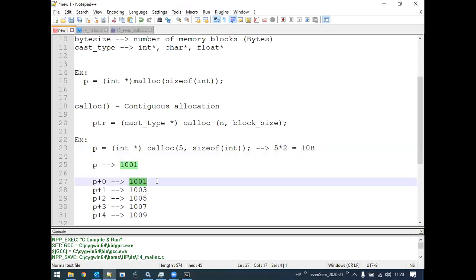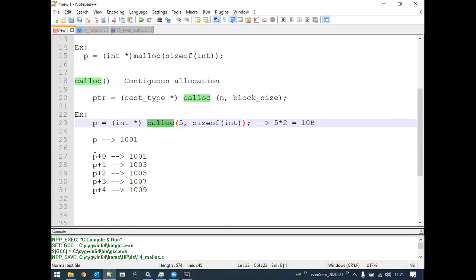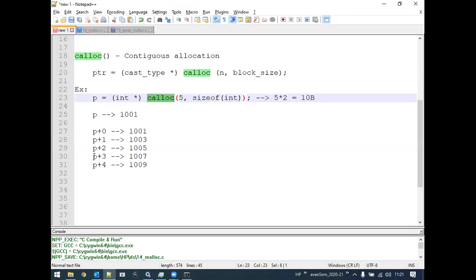The first block is for 2 bytes, wherein I can get the first element's value. In the same way, we get 2 consecutive blocks for every element. So is it similar to the concept of an array? Yes, sir. So even by using dynamic memory allocation with the calloc function, we can still allocate a group of elements of the same data type. Okay, we will see one simple example here.